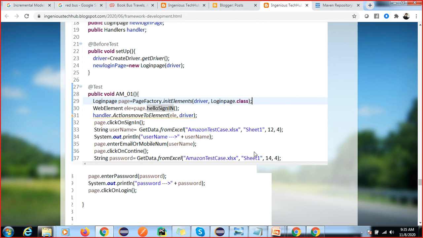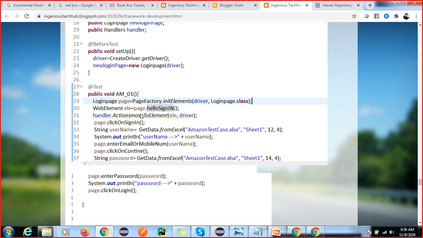This is how I have created one test case. We did not hard-code anything here, right? You can see we don't have anything hard-coded here. This value is hard-coded only because we are reading it from the Excel sheet. Apart from that, there is nothing hard-coded.